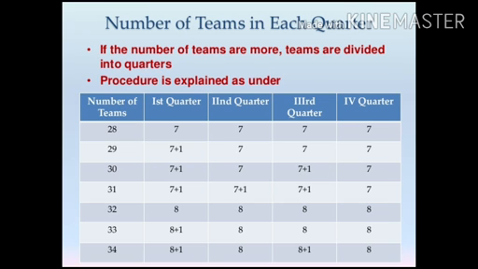So what they will do: when the remainder is 1, they will put a team in the upper half, in the first quarter. When the remainder is 2, they will put the first team in the first quarter and the second team in the lower half, in the third quarter. Quarters 1 and 3 will have one extra team, and quarters 2 and 4 will comprise the same number of teams. If the remainder is 3, quarters 1, 2 and 3 will have one extra team, and this procedure can be easily understood with